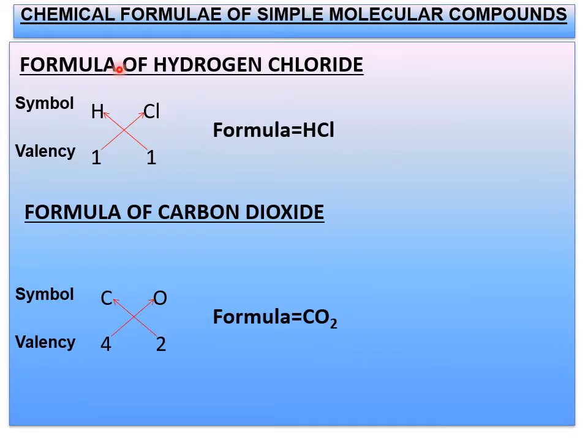So coming to the chemical formula of simple molecular compounds, the few rules which I have already discussed will be applied one after the other and we write the formula of these compounds. I have mentioned only two examples here. First, the formula of hydrogen chloride. Here, first you have to identify the elements, hydrogen and chlorine. Once you know the elements, you have to write the symbols of the respective elements. Hydrogen symbol is H and chlorine symbol is Cl. Now you have to go with the valences of each. Hydrogen valence is 1 and chlorine valence is 1.